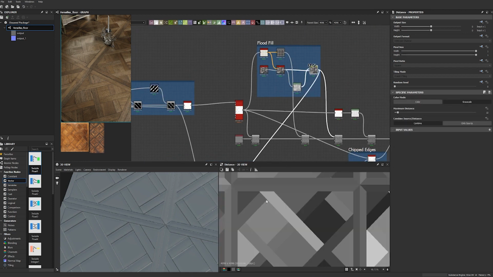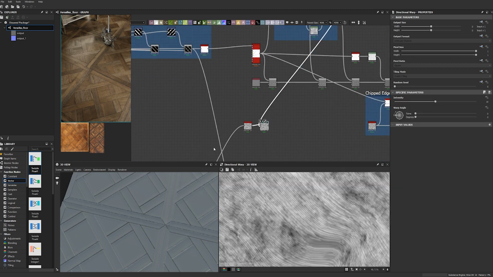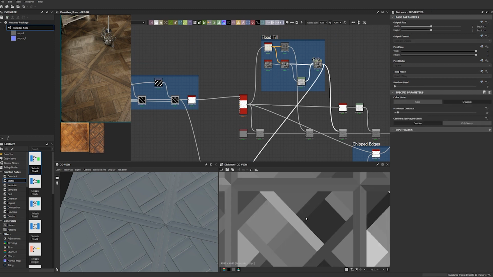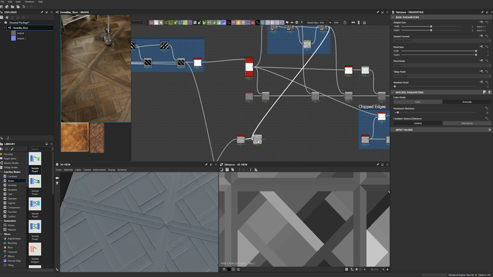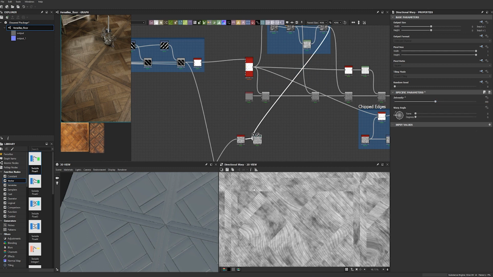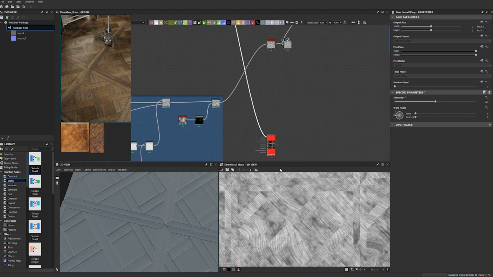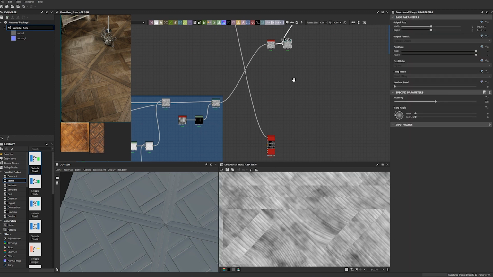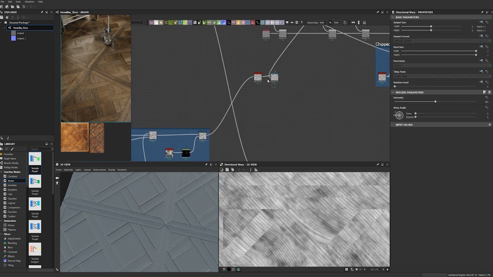But since we have different values for this and this and this and this, we can warp it and move parts of the texture according to these values. So the brighter the value, the further it will move. So if we set it to something like 300, you can see that now the grain isn't continuous across these two, even though they have the same value here. Very nice. Now we're gonna copy and paste it,